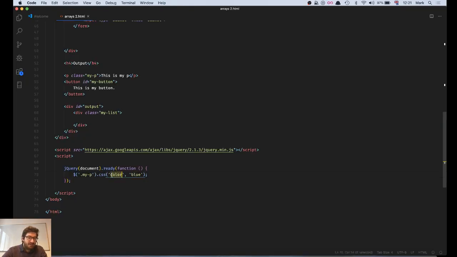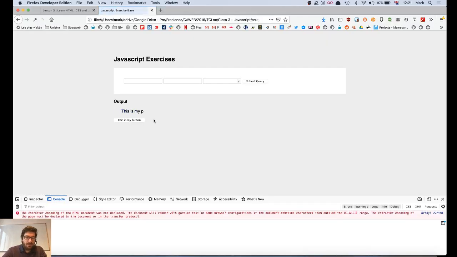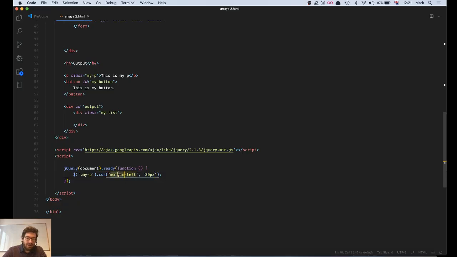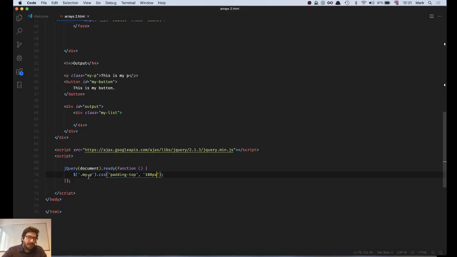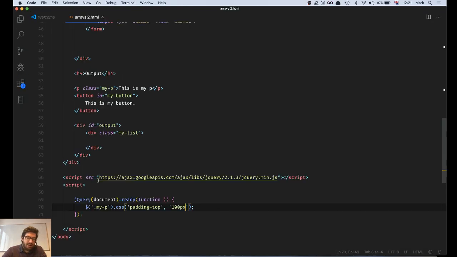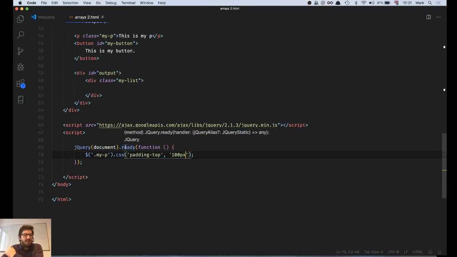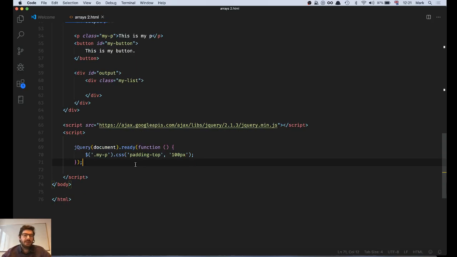We can do lots of other stuff with this. You can change all the CSS properties basically using this method. We can add margin. We can add padding. Okay, any of that. Doing it in this way, i.e. loading the, sorry, I'm just going to make it a bit bigger, it's probably easier for you to see. Doing it this way, i.e. loading the padding